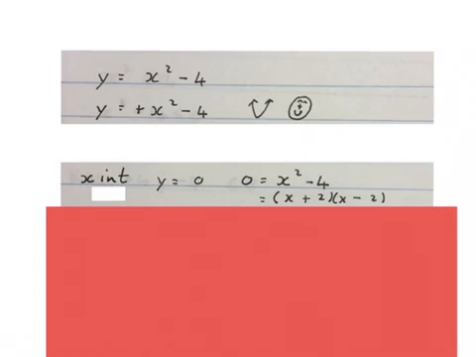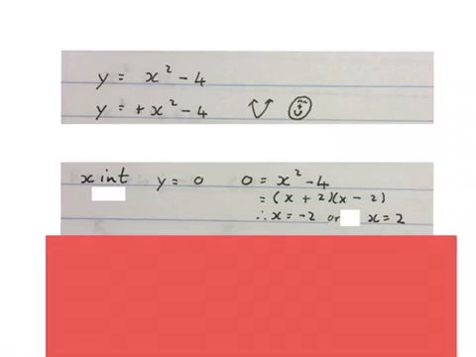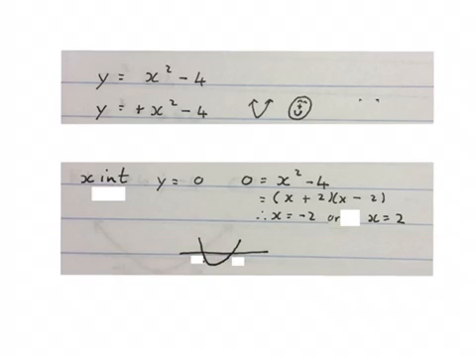The next thing that you know is if you want to work out the x-intercept of a parabola, you'll make y equal to 0. You put 0 equal, you'll factorize, and then you'll get your two x-intercepts, x equals -2 or x equals 2. Then you'll draw your parabola. Using the two pieces of information, you know it is a happy parabola, so it'll be going like this. And you know that the two x-intercepts will be -2 and 2, and there you have your parabola.